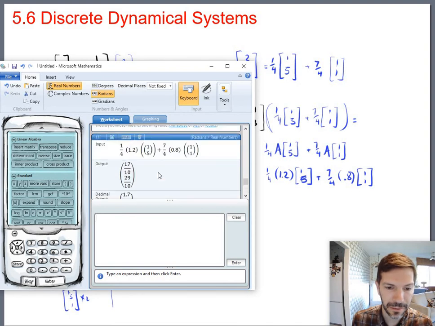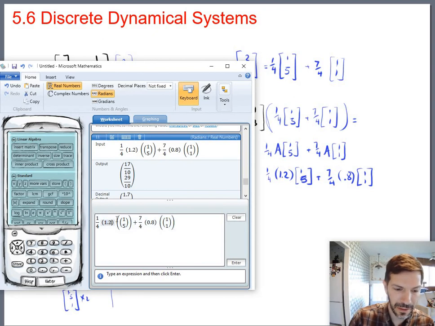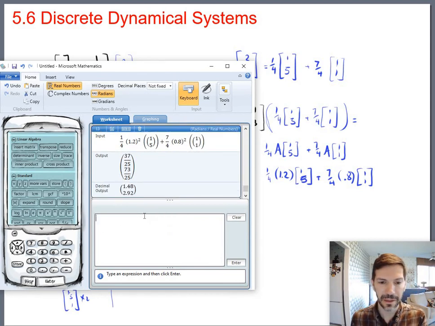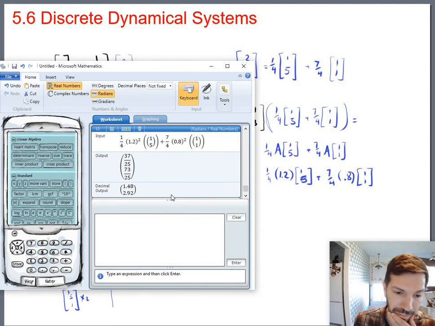Or, in this form, I just need to raise this to the second power, and that to the second power, and get the same result. Let's do the matrix twice. Do the eigenvalue eigenvectors twice. And again, even on 2 steps, or really even on 10 steps, there's not a huge advantage, but we can